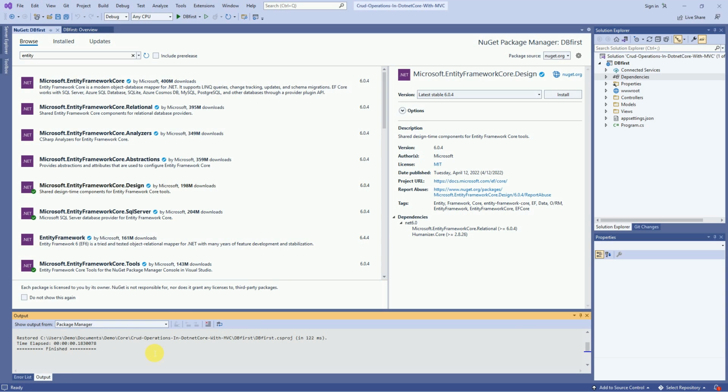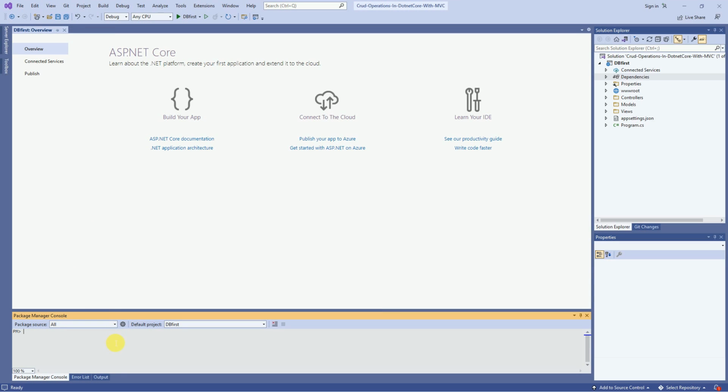So this package has been installed. Next we have to create all our models from the existing database. For that we have to use scaffolding. This is our server name we are passing here, and here we have to pass the database and trusted connection should be true. And here we are going to use SQL Server, that's why I am passing